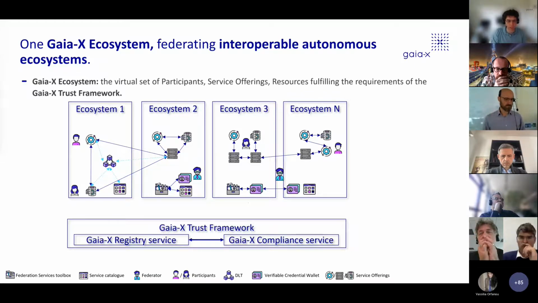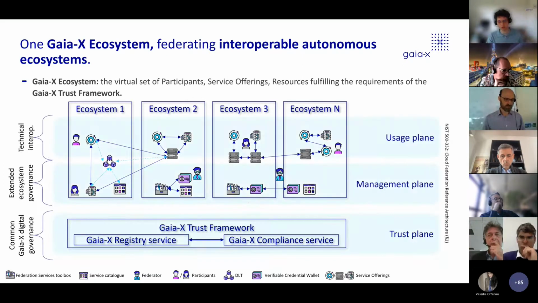But what makes them Gaia-X compliant is really to adhere to this underlying set of rules. And this architecture by layer is something that you will find in other cloud reference architectures, such as the one from NIST. So you have a common digital governance, the ecosystem, and the technical interoperability.